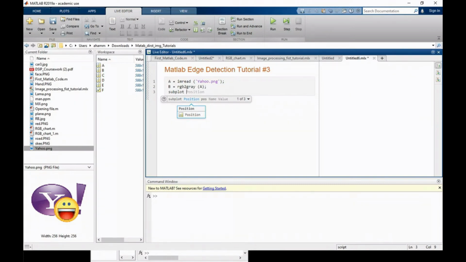So bracket 1 row 2 column, and the image number I want to get is the first one, so image number will be 1, comma imshow a, give it a title name, title color image,